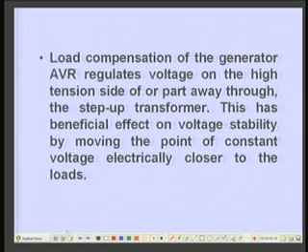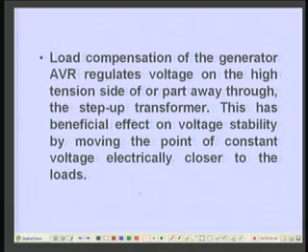Now, so far as the reactive power sources are concerned, the generator is one of the most important reactive power sources, and the generators have automatic voltage regulators. One way is that you regulate the voltage at the terminal of the generator. Another way is that, using load compensators, you regulate the voltage at a point away from the generator terminal. That is, the point which you choose for regulation may not be the terminal voltage of the generator.